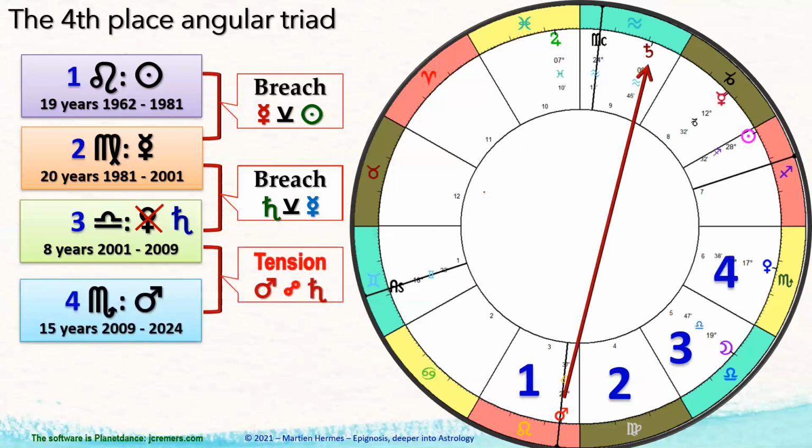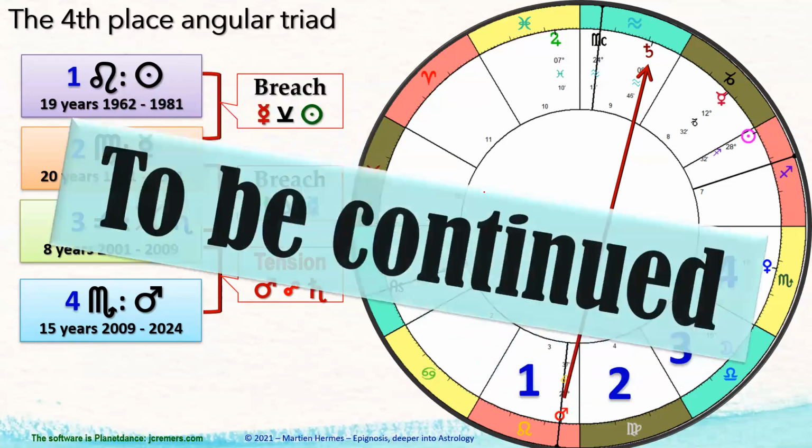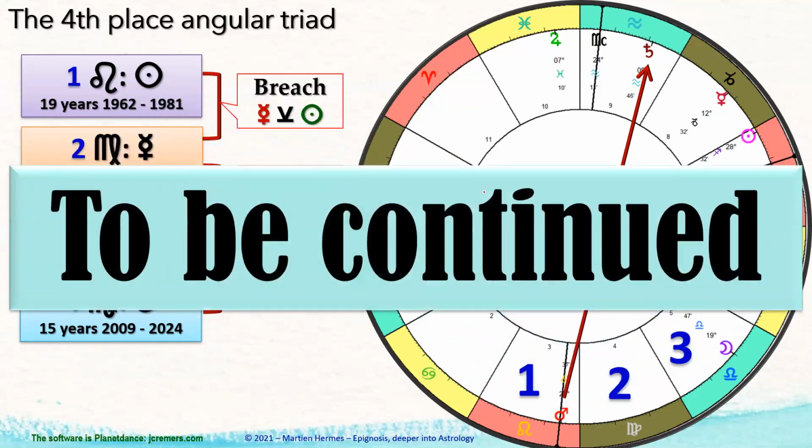And just having a small look ahead, when we get then to the next period, the 4th period of your life, then we come to the Scorpion, and the Scorpion is indeed in touch with its own image. It can see it, and it's also in opposition. So again, sort of a breach, because now they are in opposition, and then there's really something else happening, right? Yeah, a lot of stuff. It's a lot of Mars stuff. Again, it's sort of revisiting Mars in a sense, right? Yes, definitely. Okay. Well, this was my presentation for this.